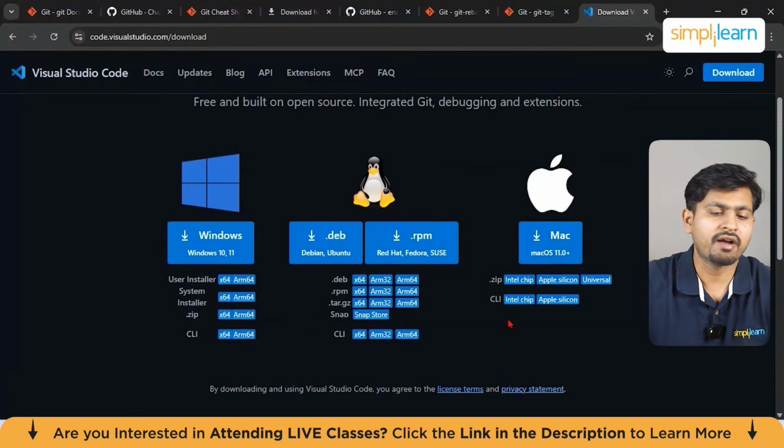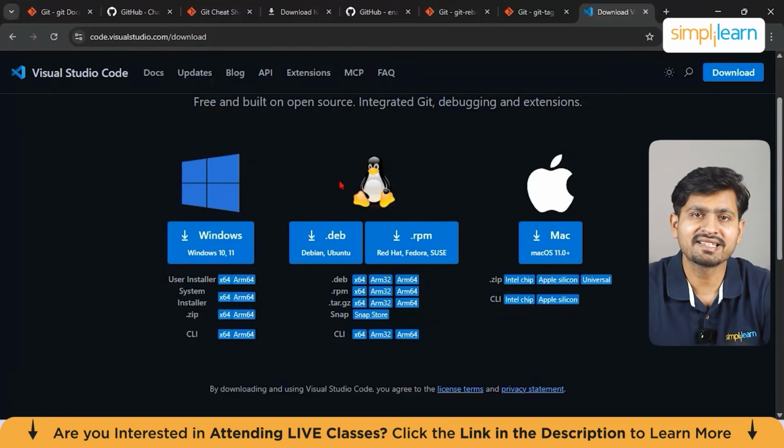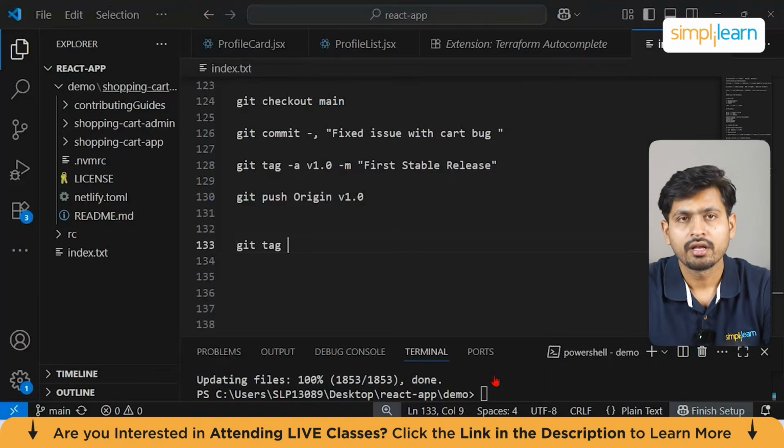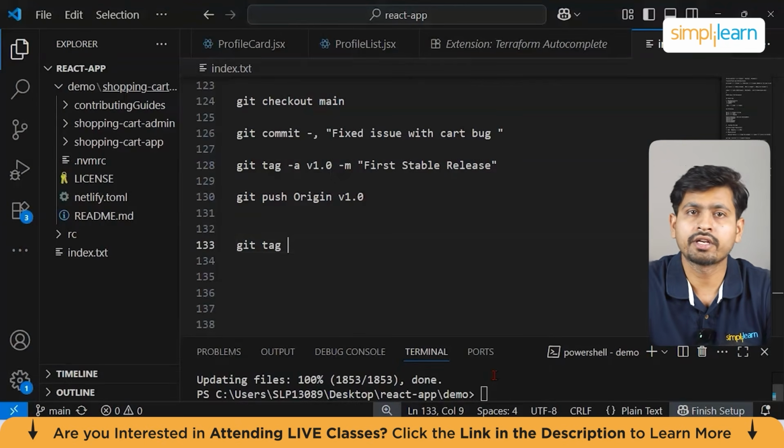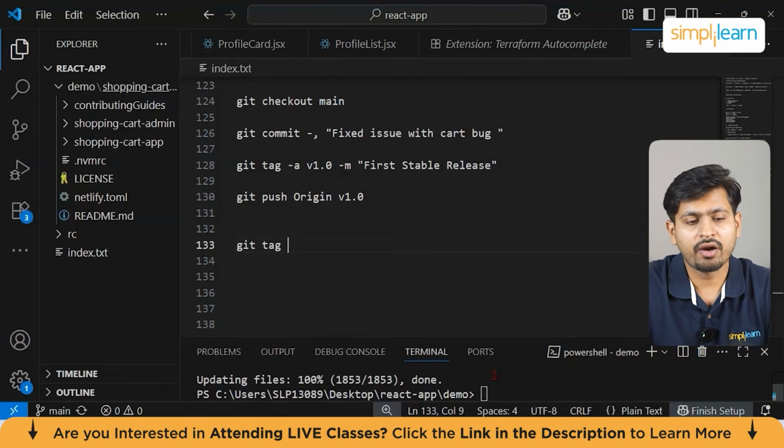So VS Code is available for all three operating systems. VS Code offers an excellent environment for developers when you are managing Git repositories and interacting with GitHub using its built-in Git features and extensions. Then, how to use the Git